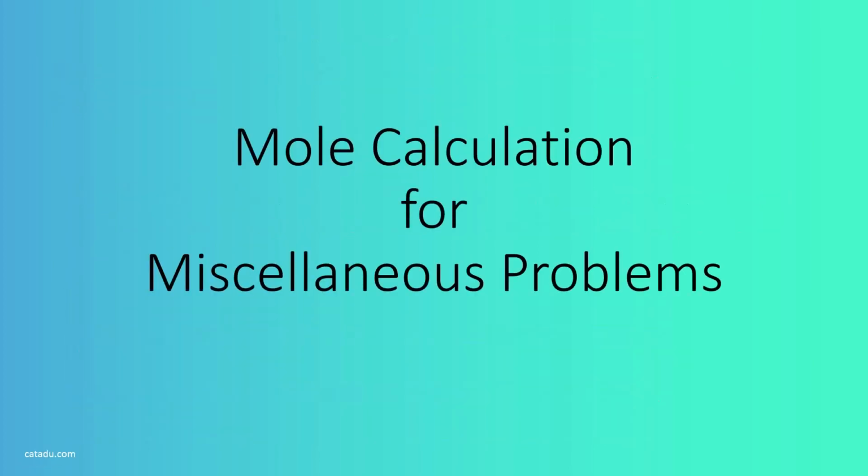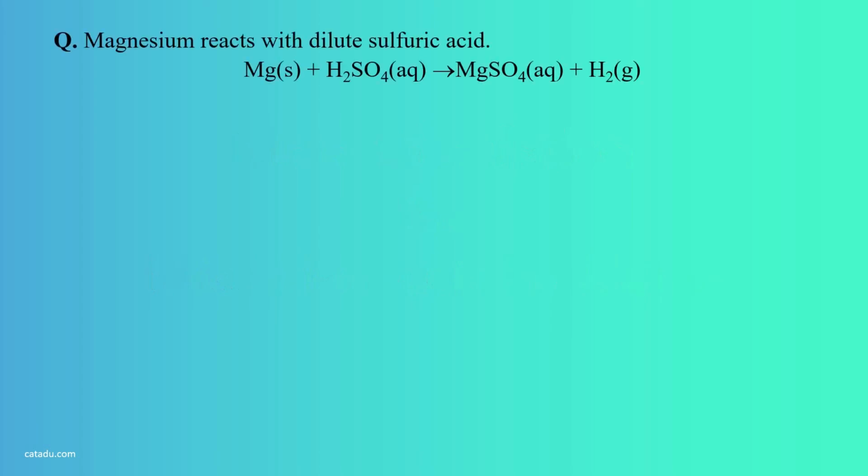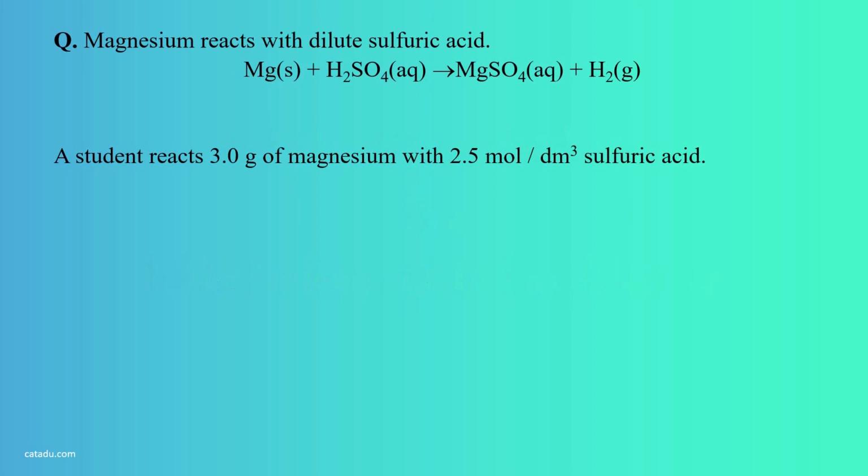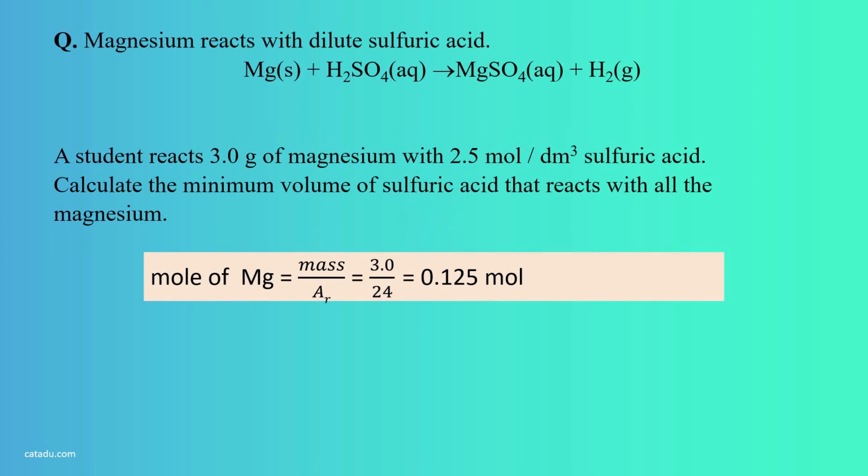Mole calculations for miscellaneous problems. Here, for the 3 formulas, we can use more than one for one problem. So in this case, magnesium metal and sulfuric acid react. The ratio is 1:1. So data given, mass of magnesium metal, we are finding the moles using the formula mass